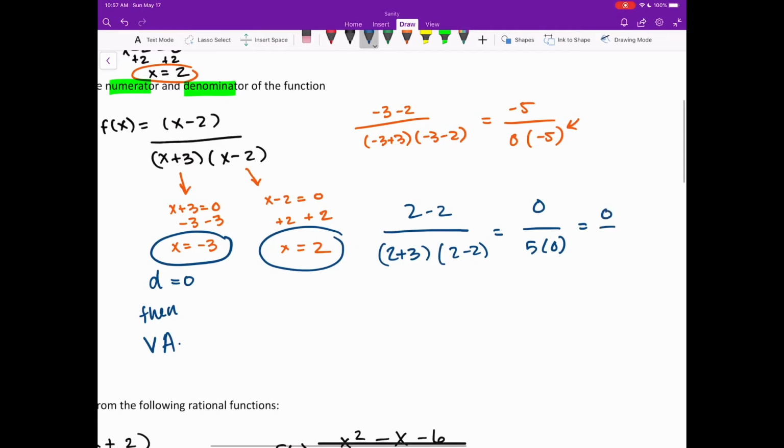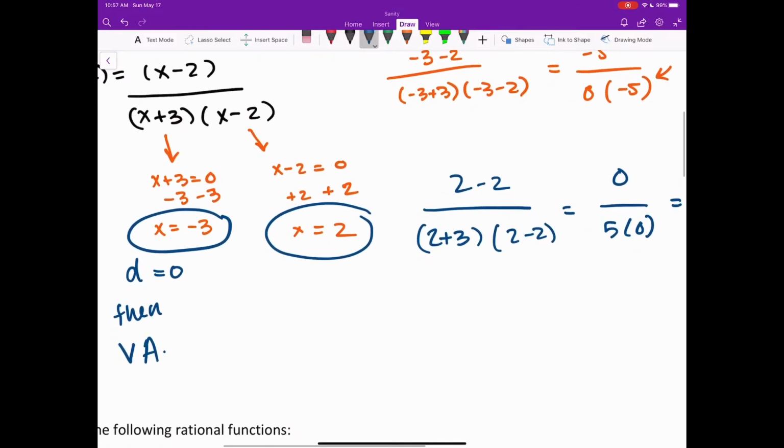So here I see a 0 in the numerator and a 0 in the denominator. So the difference between my x equals negative 3 and my x equals 2, this value of x equals 2 makes the denominator and the numerator both equal to 0. Therefore, the value of x equals 2, we're going to consider that a hole in our graph and not an